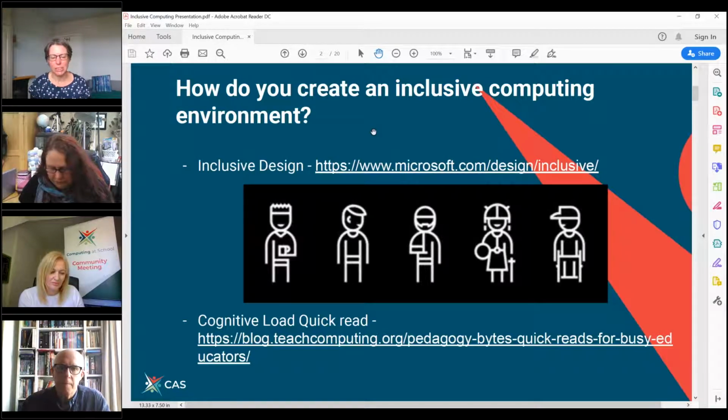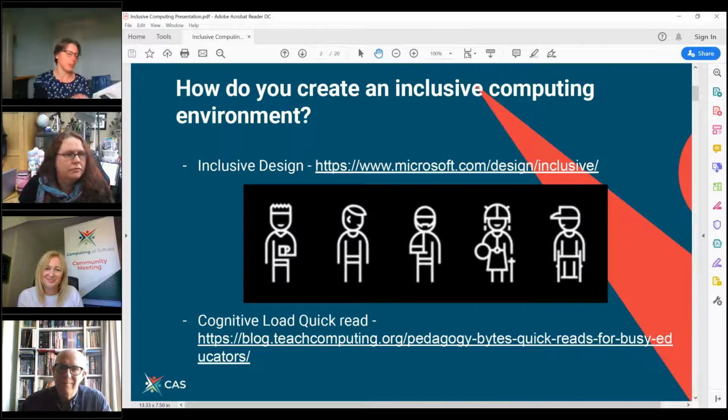And something that I've been looking at recently, which is quite a nice way of framing an inclusive computing environment, is looking at inclusive design, which really has come out of the design of websites and digital applications, things like this. And Microsoft have done a lot of work on this. And they talk about the fact that actually we should be designing, excuse me, I have a book to prompt me on this one,